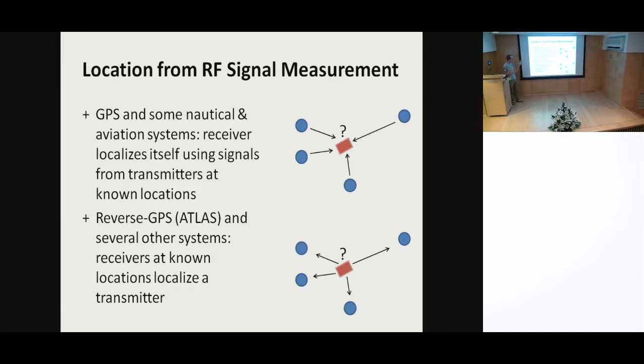A lot of wildlife localization, not all, but a lot, is done using signal measurements of radio signals. The one we all know is GPS. In GPS, there are infrastructure transmitters flying out in space. These are satellites. They transmit signals. Your cell phone is a receiver, receives those signals, and by measuring properties of these signals coming from the satellites and knowing where the satellite is, your phone or a tag attached to a wild animal can determine or estimate